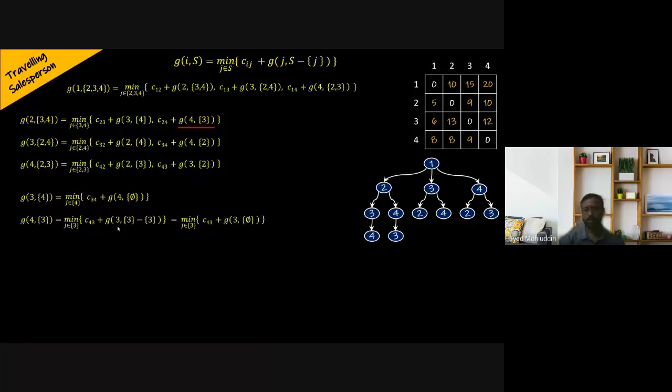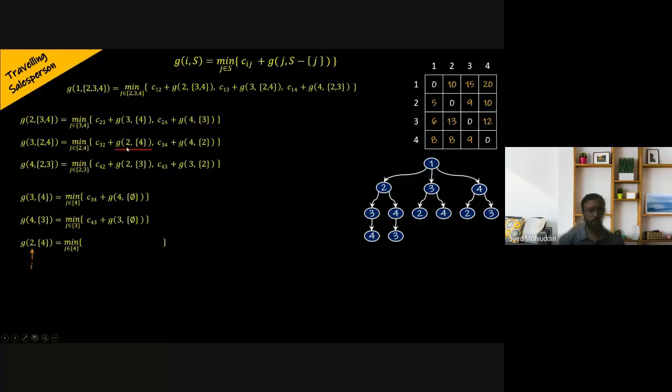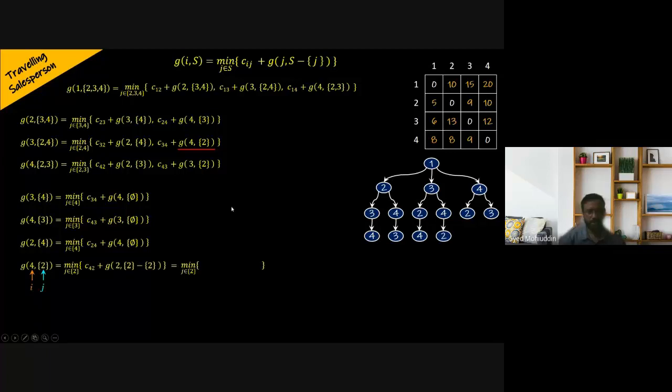Null means there is no other vertex left now for us to move further. So in the same way, we have to now compute from vertex 2 to vertex 4. I'll just go through these; similar computations have to be performed. Same way we have to move to and compute for 4, 2. So ultimately, what happens is